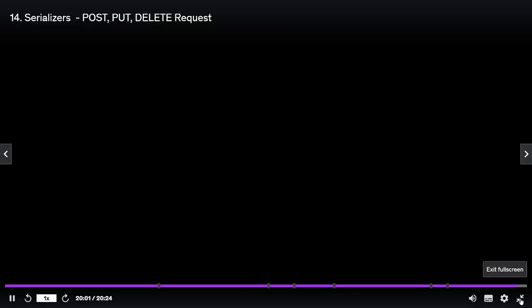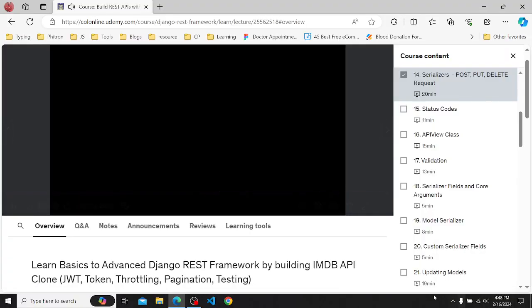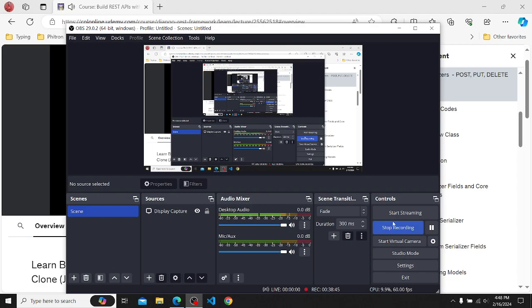So either we can create a dictionary and send a message that this data is deleted, or we can do some status code or something else. So for now I am leaving this here and we are going to continue this in the next lecture because I need to talk about status code. So we can use our status code power here and send information that this content is deleted or we got an error, anything like this. So that's it for this lecture. From the next lecture I'm going to